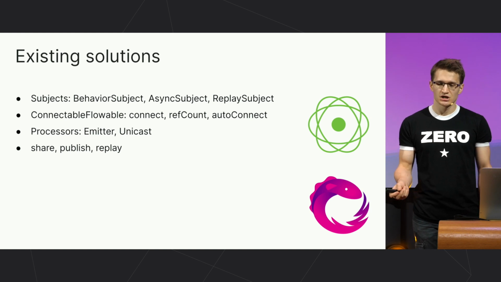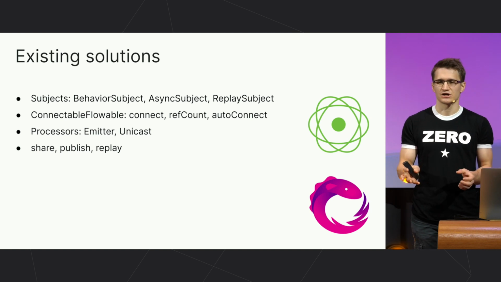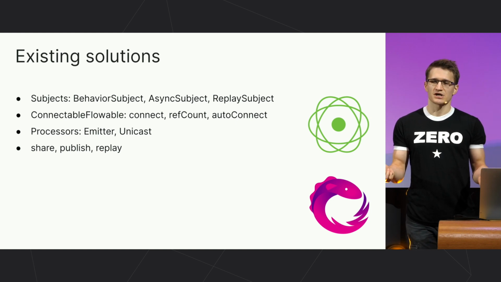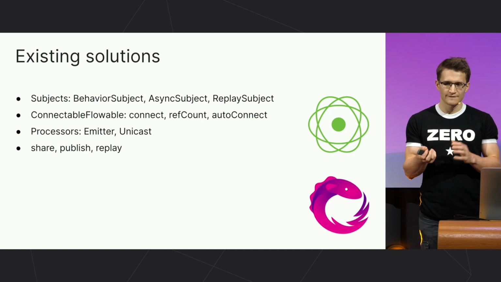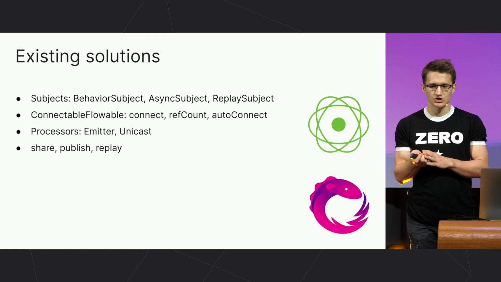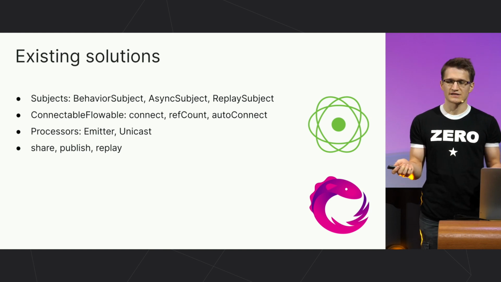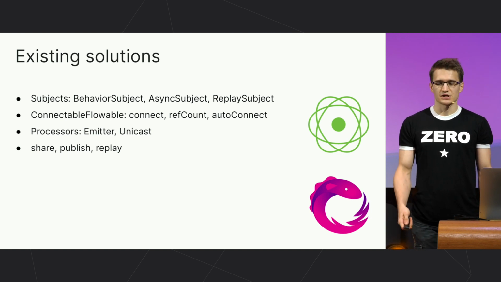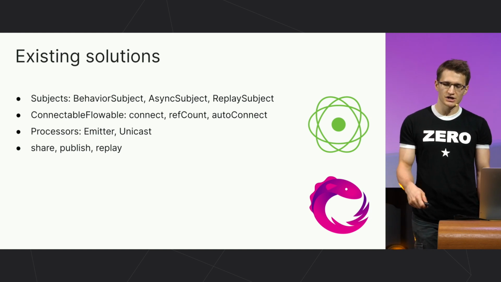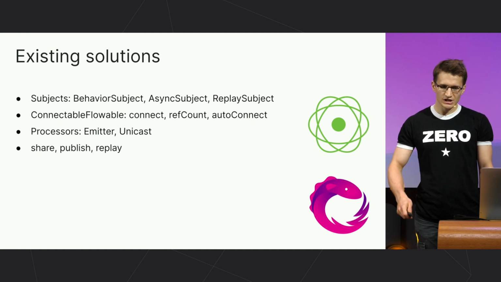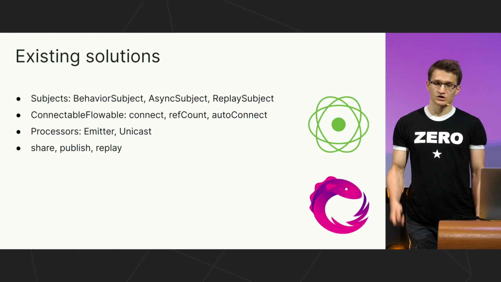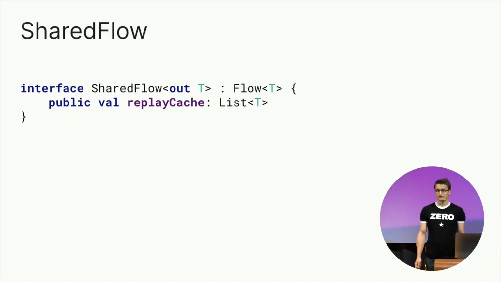This is actually a great place to start if you want to implement your own solution. But we cannot simply duplicate it or slightly adjust and adapt it to Kotlin, because this API is Java-centric. It knows nothing about coroutines, about flows, about cancellations, and instead of suspensions, they have to manage backpressure. But still, we carefully studied these implementations, their use cases, their trade-offs, and eventually ended up with our own solution. Welcome, SharedFlow. SharedFlow is just a flow that has a replay cache that can be read as